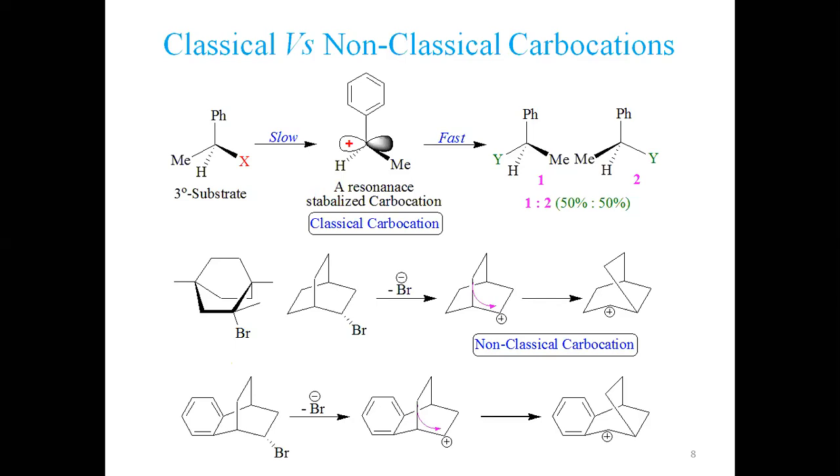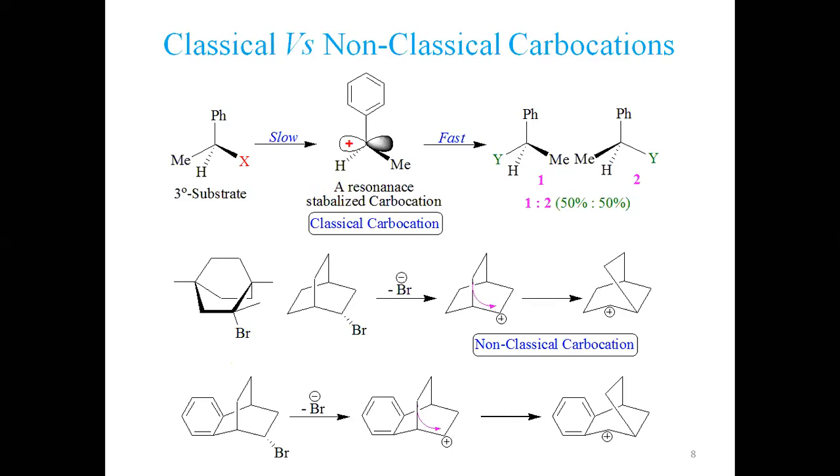Now let's see, I am going to exemplify it. You are already familiar with classical carbocation. The carbocation you are already familiar with undergoes stabilization by an olefinic or alkynic carbon system or by an aromatic system. This is called classical carbocation. So what is a non-classical? Let's see, I am going to present a few examples from the literature.